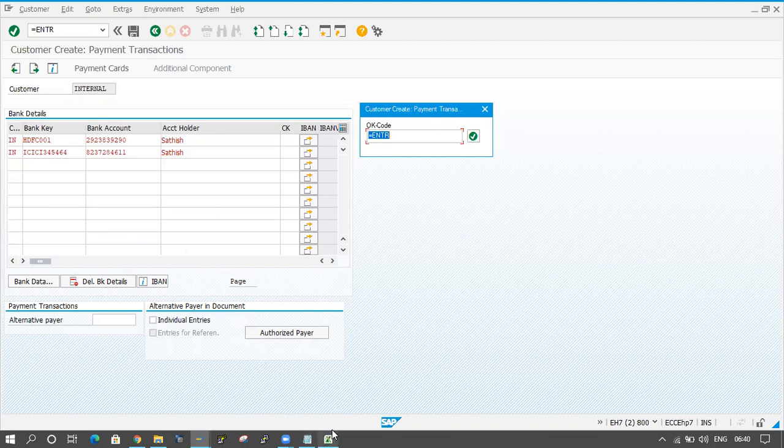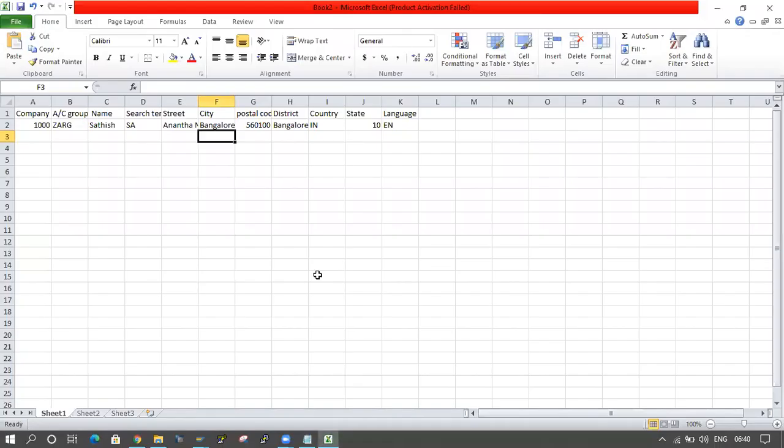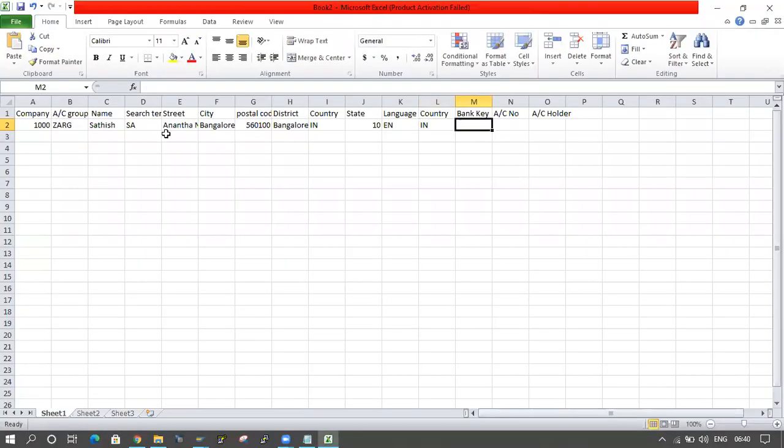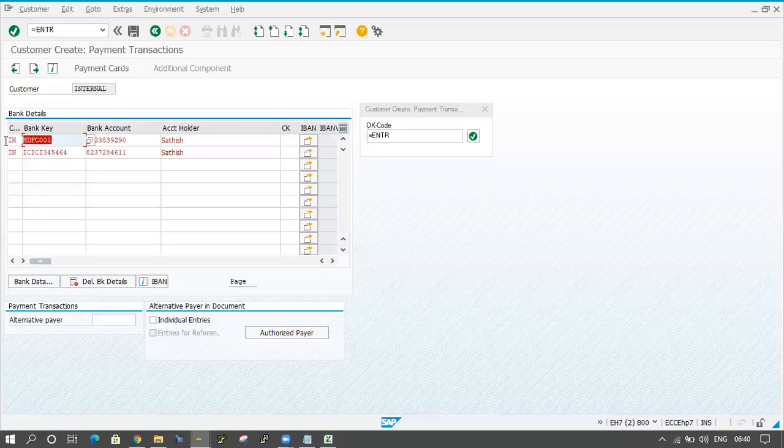I will go to that one only here: country key, bank key, account number, account holder name. Country is India, and HDFC something is there, right? I will copy this one. Bank key I am copying.